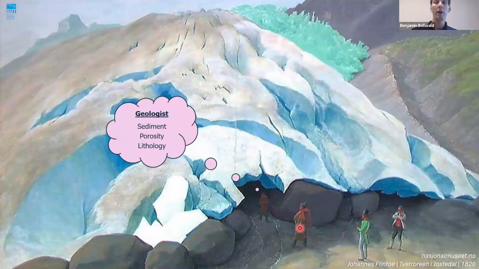In offshore wind and offshore energy in general, we have researchers and engineers with different backgrounds working together. So we often have geologists. I myself am a geoscientist with a strong background in quaternary geology. So I would mainly wonder here about the sediment properties, about the porosity and lithology. That's the language I would use when I stand in front of the channel here and look